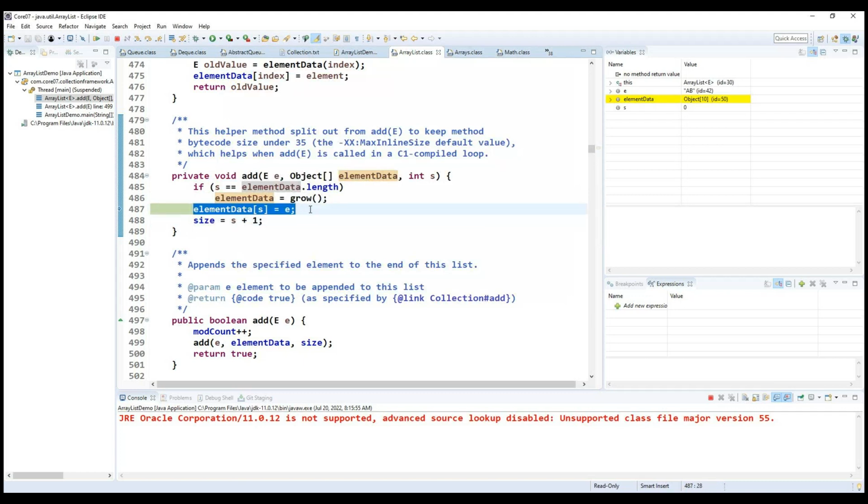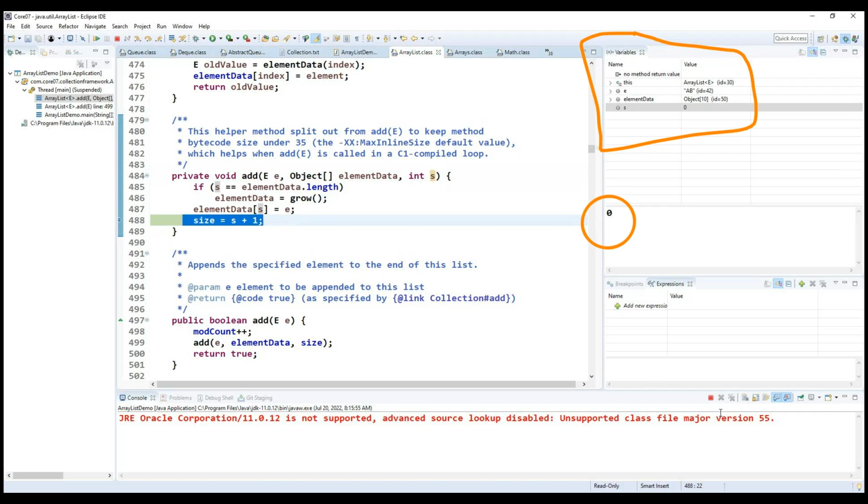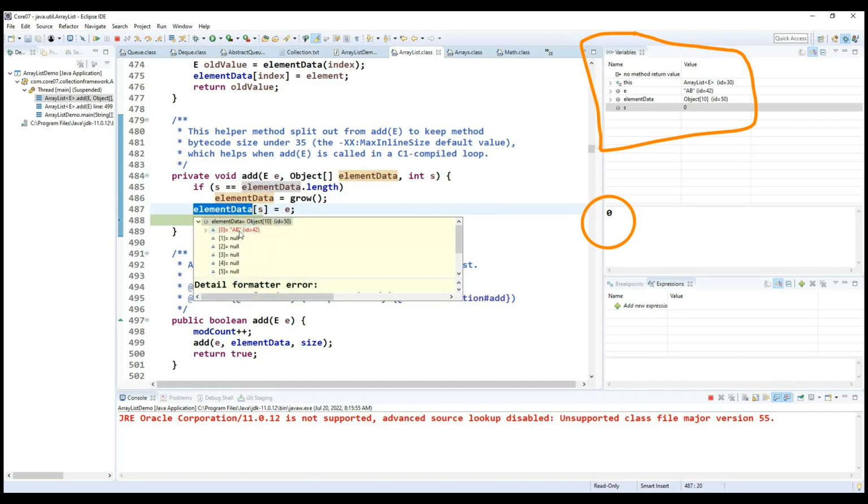At line number 487, we are trying to insert the first record. After inserting this, I'm trying to increase the size. What is the size right now? Now you can see in the variable section on the right side, which is the important section, it is 0. Once it is 0, I'm increasing it by 1. So this is all about the size, and finally if I provide the element data,